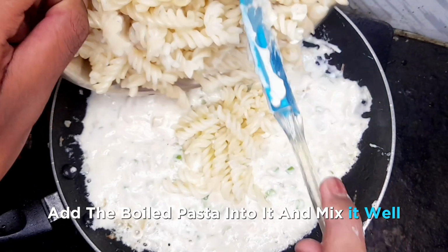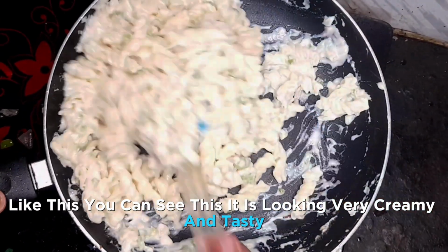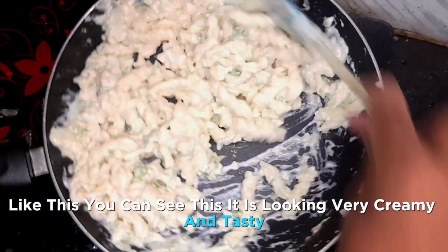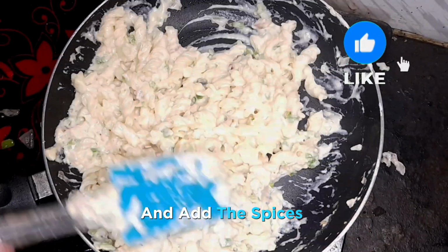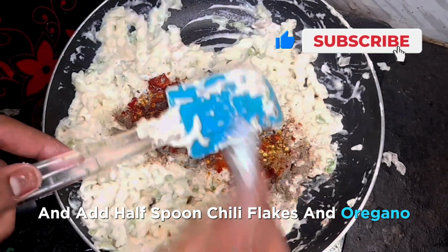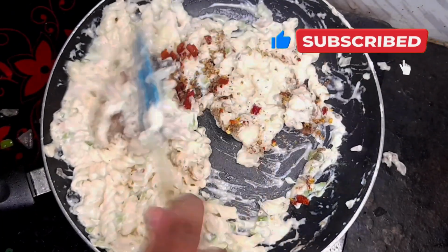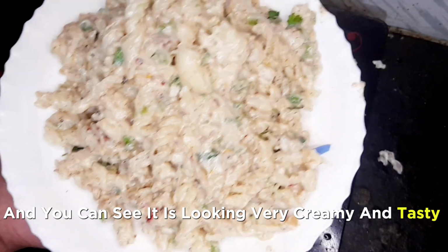After mixing, add the boiled pasta into it and mix it well. Like this, you can see this, it is looking very creamy and tasty. And add the spices, like half spoon of black pepper, pinch of salt, and add half spoon chili flakes and oregano. And garnish with coriander. And you can see it is looking very